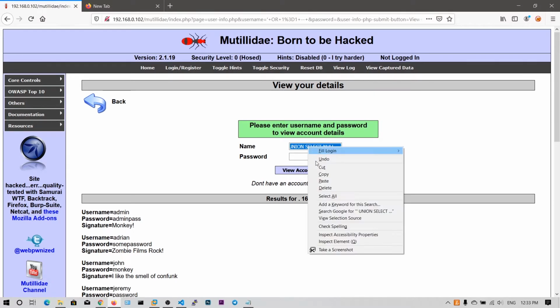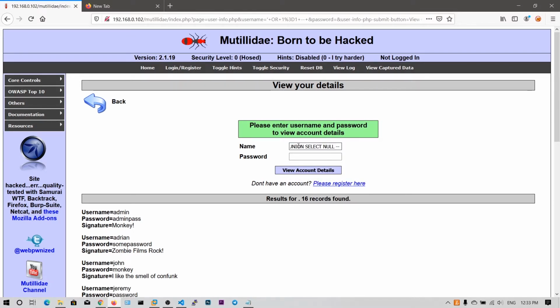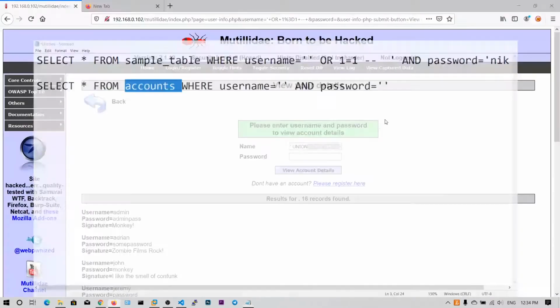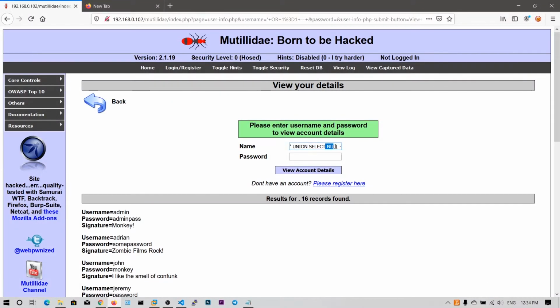Let me copy this. What this means is: username is equal to quote, and then union select null. When this condition fails, if the columns of the accounts table do not match our number of values, in this case we are sending null.